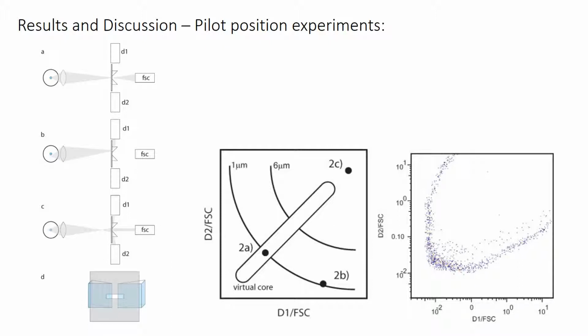The light outside the virtual core will either enter only one of the detectors or be detected by all three, which is shown in B and C. The expected result of the trajectory of 1 micrometer and 6 micrometer beads is shown on the left-hand side of the picture, and the right-hand side shows the real image of this flow cytometry